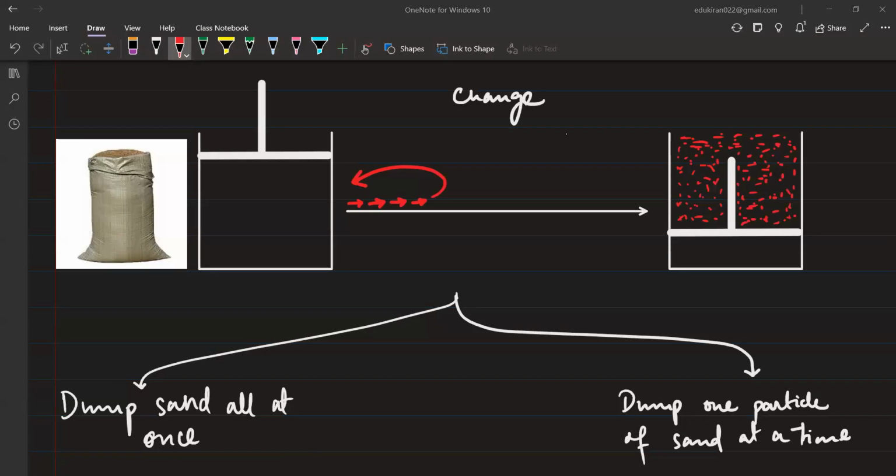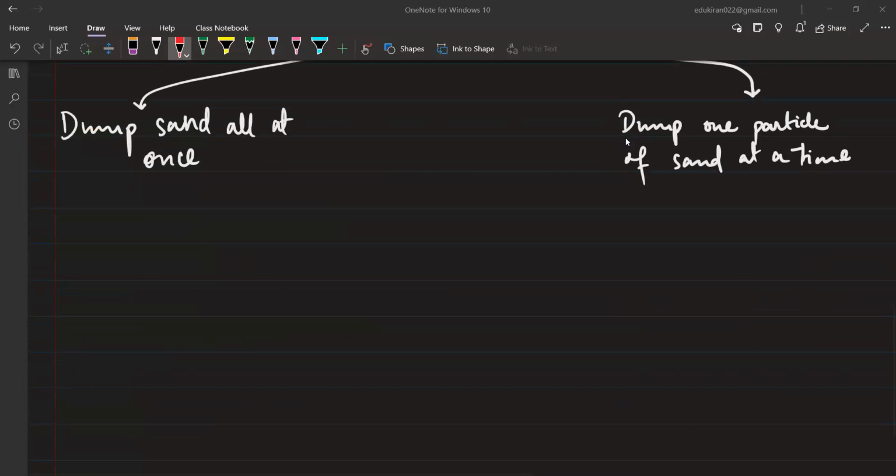Please tell me. हम उल्टा जा सकते हैं ना? Yes. बात समझ में आ रही सबको? हाँ या ना? अब्दुल हमीद, Yes, आलिया, sir. ऑल ऑफ यू. यस, ठीक है. तो यही है दूसरी चीज, तो क्या बोलते हैं, जो डंप सैंड ऑल एट वंस हो रहा है ना, it is irreversible process.